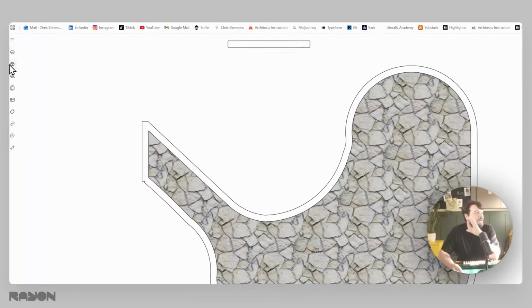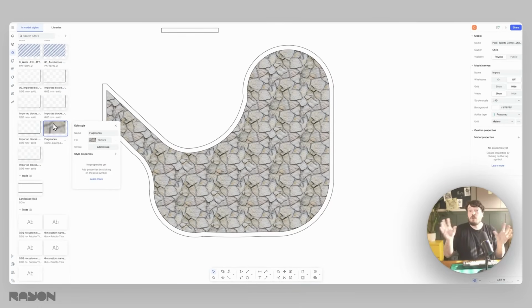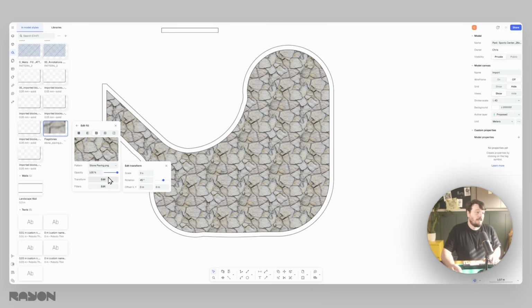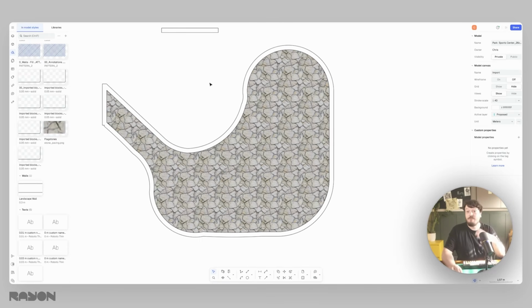And then if I just look over here, we've got our styles on here, and you can see flagstone paving. So if I put this style in a lot of different places, I could just go in and edit it in here, and I could say, oh, actually maybe 3 times is too big, change it to 2, and it updates everywhere, which is really, really powerful. So if you start setting your office standards or you change your mind later, it will update wherever that element